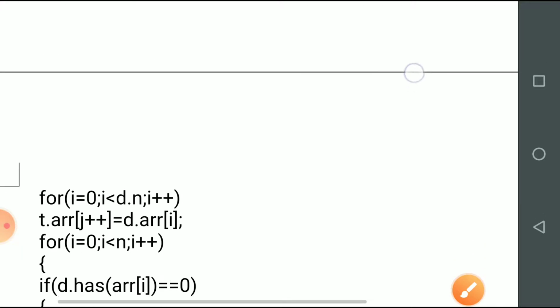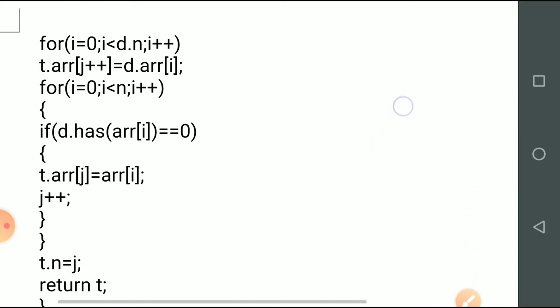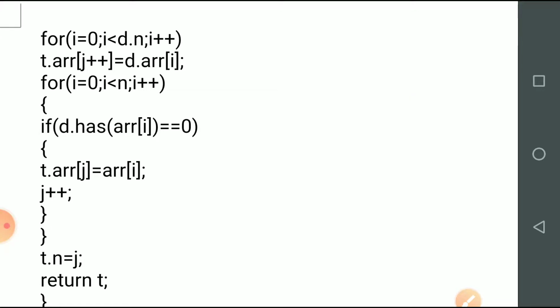Let's go ahead. The first thing I have done is I have transferred all the elements of D object into T object. Alright.